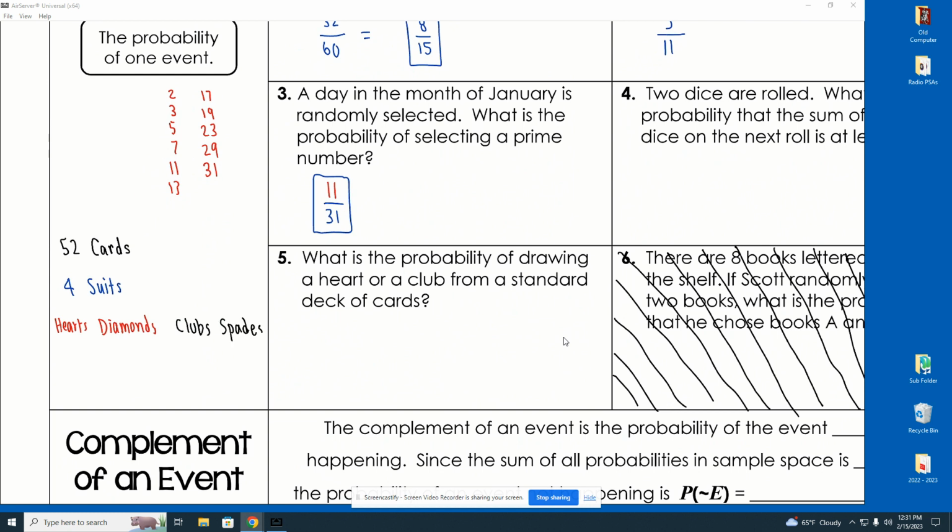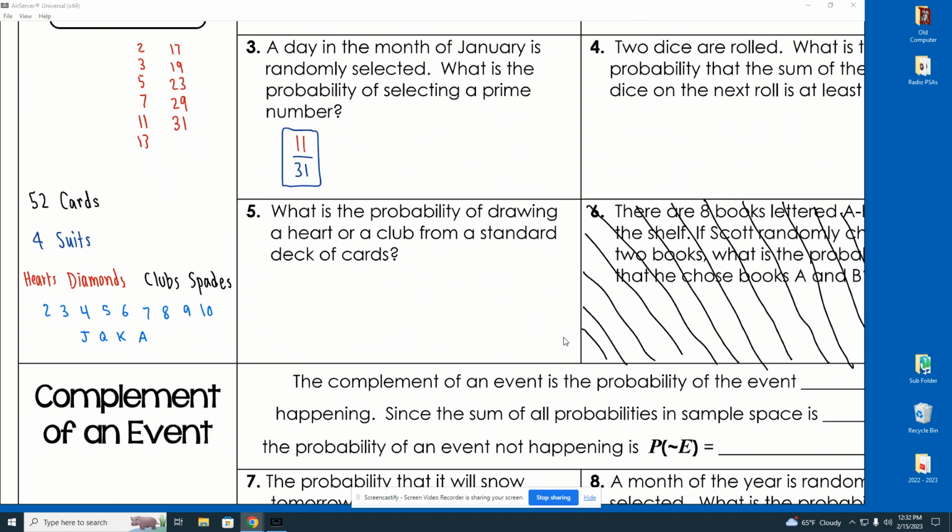So do the math. What's 52 divided by 4? So there's 13 of each suit. Those 13 of each suit are made up of 2, 3, 4, 5, 6, 7, 8, 9, and 10 that are number cards. But then you got Jack, Queen, King, and Aces that we call face cards. Face cards. So, y'all need to know those things. Okay? There could be questions asked about it, and it would be an expectation that you know.